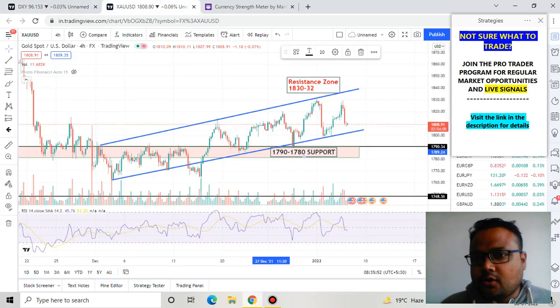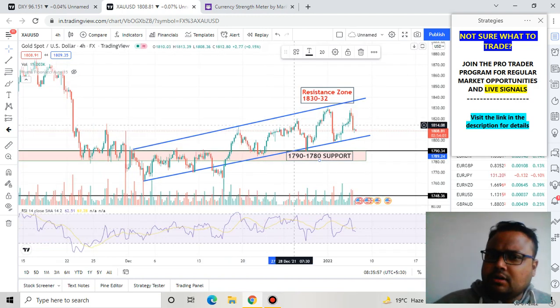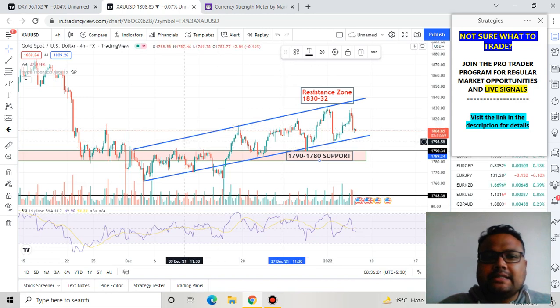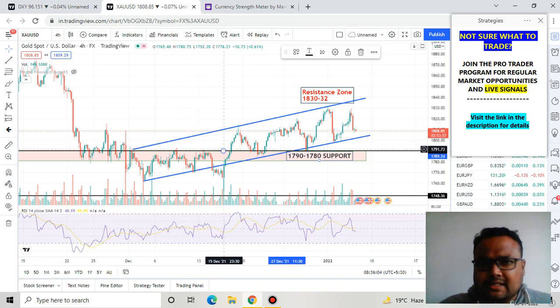Now let's talk about the gold USD chart. To be honest, the levels are almost the same. Nothing has changed so far, but you can see I have added two lines here. So let's talk about these two lines. First of all,